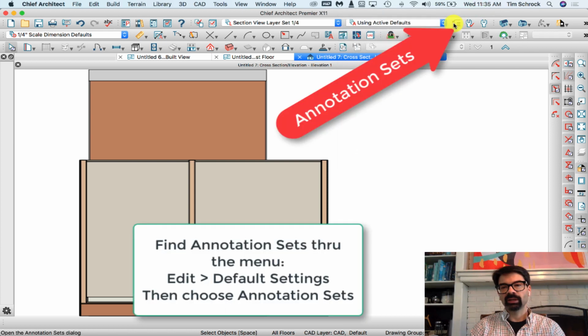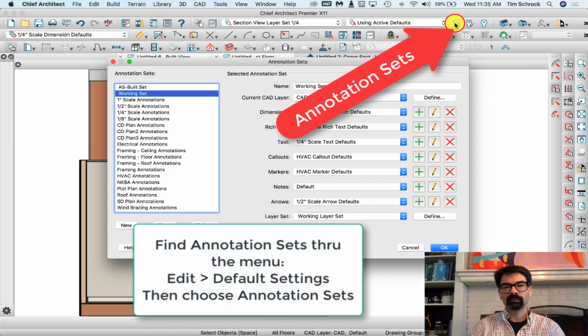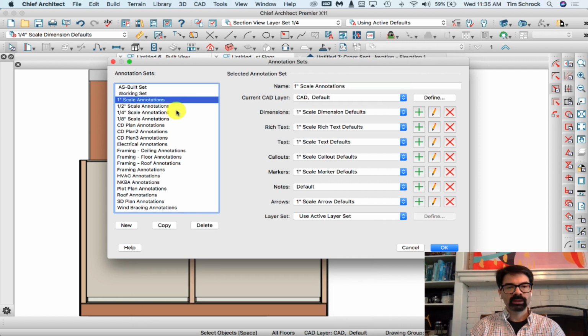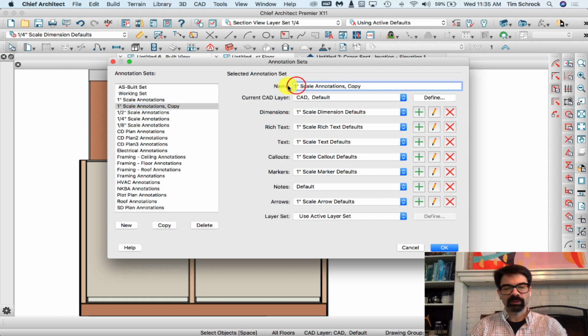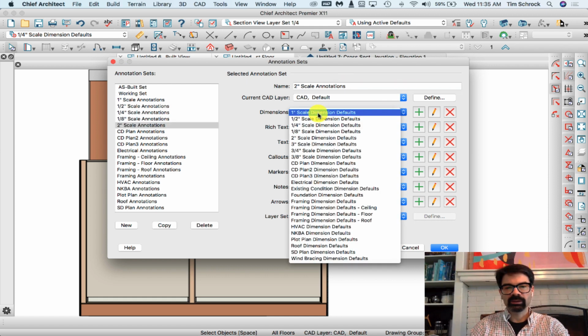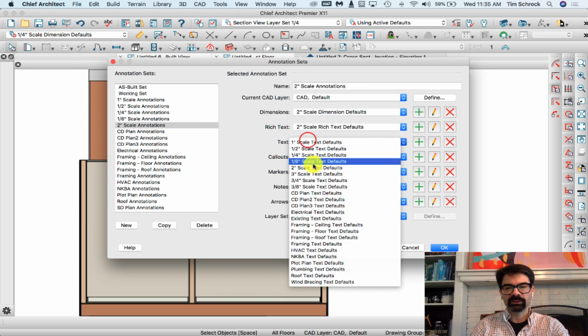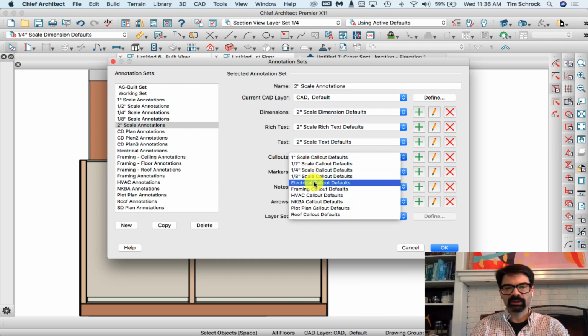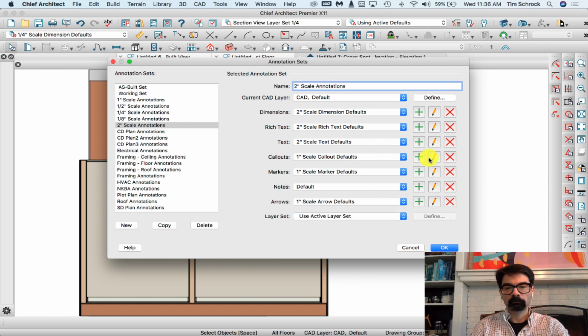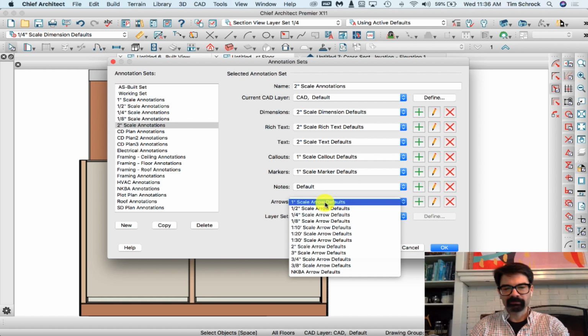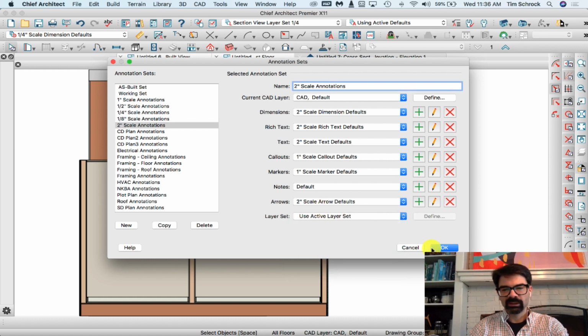So what I would do is go into your annotation sets control panel, select one of these here and copy it. So let's do 2 inch for right now. I'm going to copy this 2 inch, delete the copy, and from here you'll notice all the dimensions are ready. 2 inch scale dimensions defaults, 2 inch scale rich text, 2 inch scale text, 2 inch I don't have callouts. Okay, I'll fix that. 2 inch scale arrows, and by fixing this I would do,